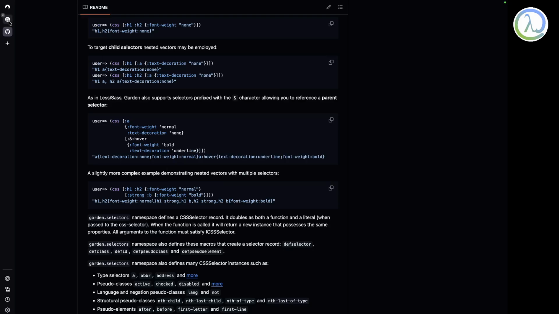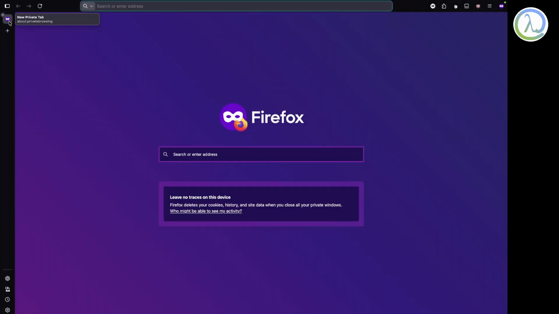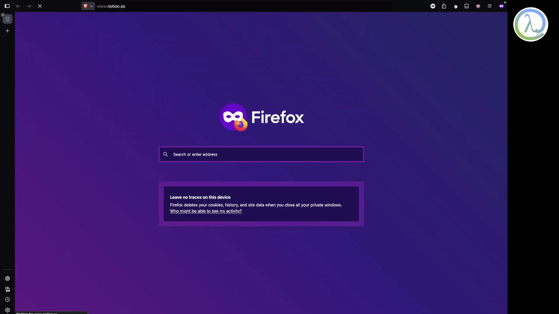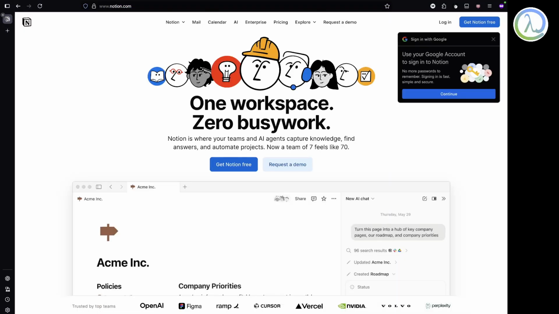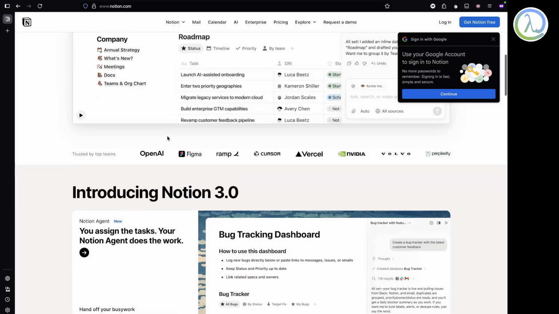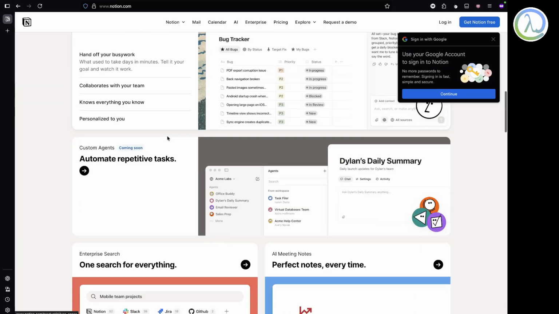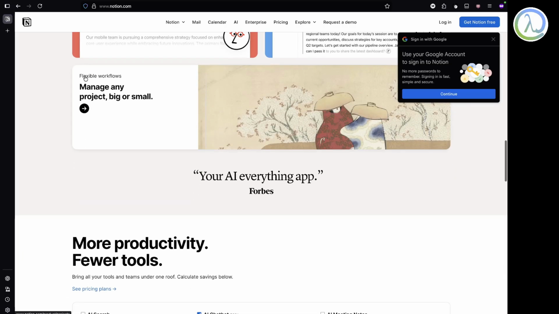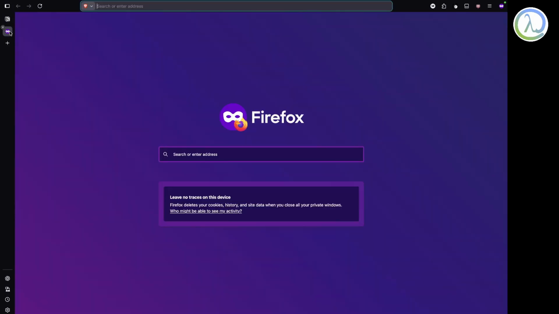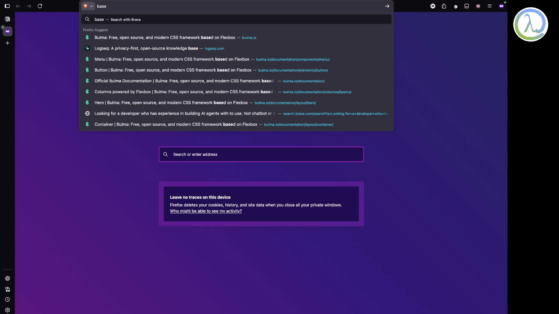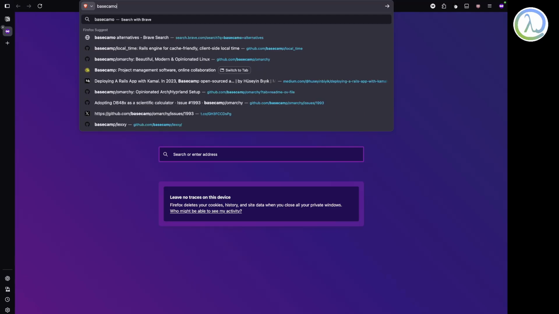Many of you would have seen stuff like Notion, right? It is just a multi-tool. You can do a lot of stuff, store personal as well as organization data and all those things. And there is also another thing called Basecamp.